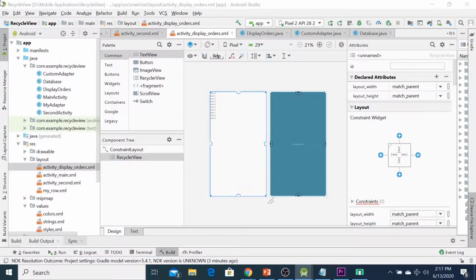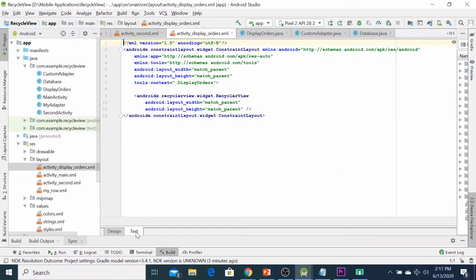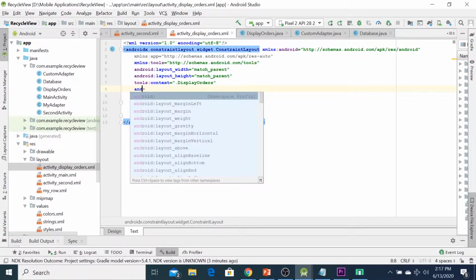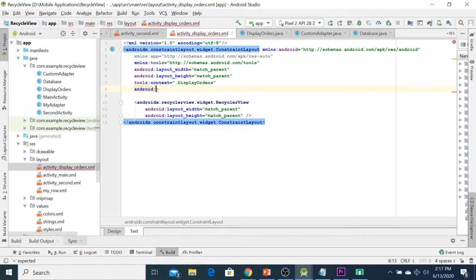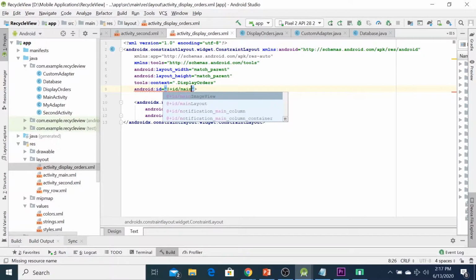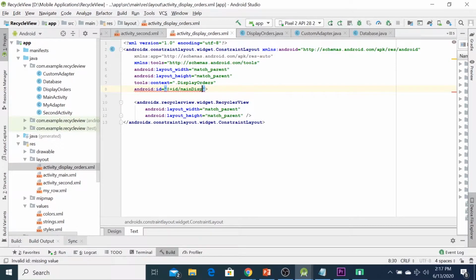Okay, you have to put the ID. For example, you can rename it main display, Android ID main display.